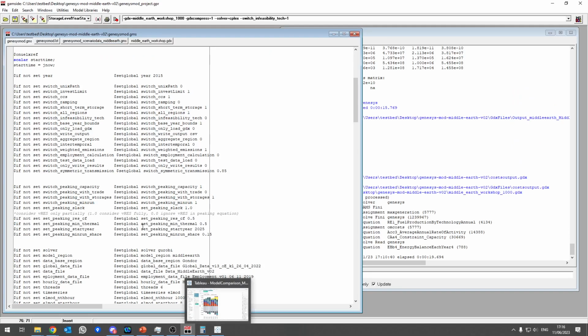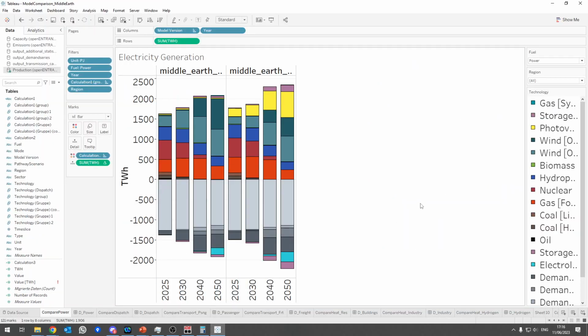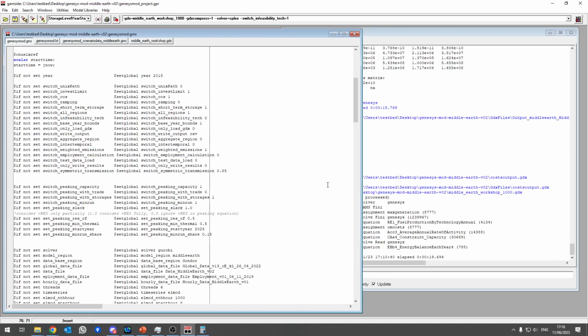And as I said, you will get CSVs out of there that you can read into any kind of program. But using the GDX files to create merged CSVs, and then using Tableau is just very useful because you can very, very easily create graphs, also maps and so on. I can also show this in the further workshop. Right, we can just save this if we wanted to. Okay, so